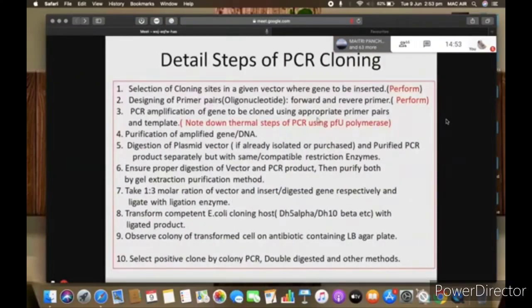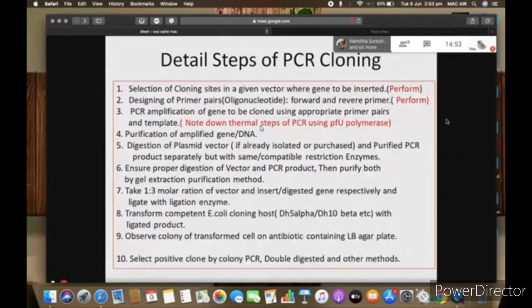So after PCR, what do we do? We purify that PCR product. We cannot use that PCR product directly. We purify it. So generally we perform gel purification. After PCR amplification, we take some aliquot and run it on a gel. If we find a specific band corresponding to your desired gene, then we just purify it.